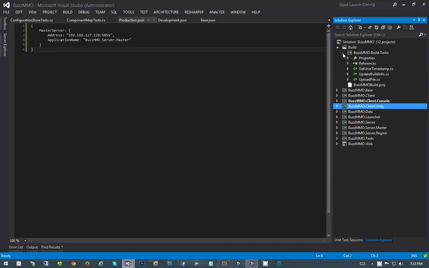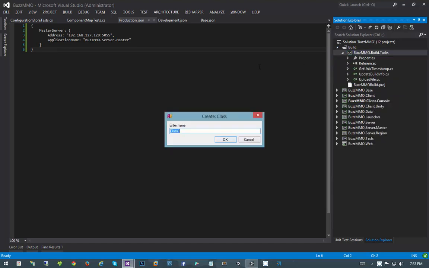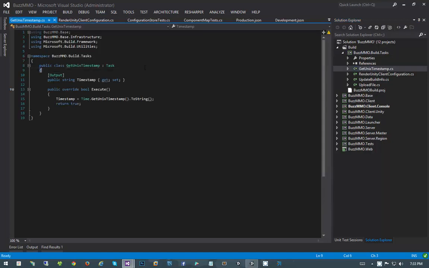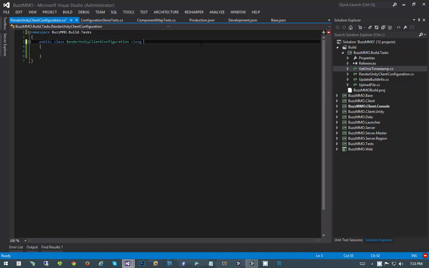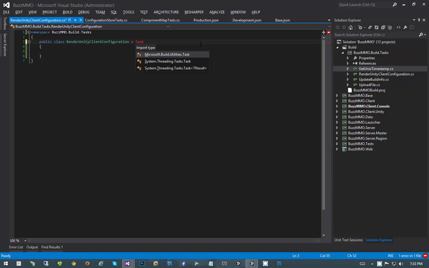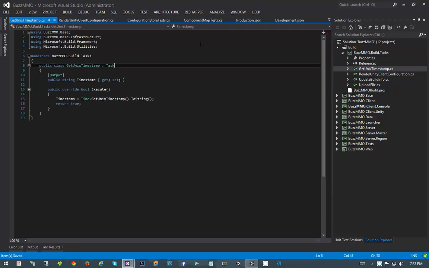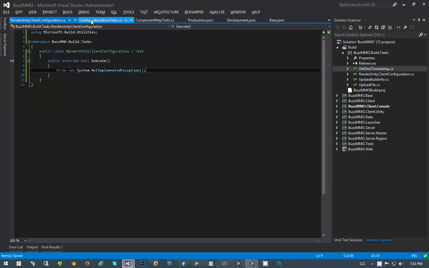So let's go into our build folder. And let's create a new build task. So I'm going to create a new class, and it's going to be render production, or how about render Unity client configuration. And it's going to have to go ahead and inherit from task, Microsoft build task, and then we're going to have to implement the execute method. So again, we're just adding a new build task here. And what I want to do is I want to